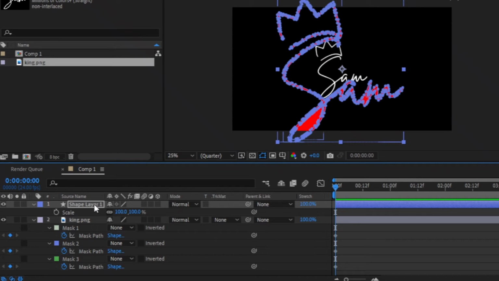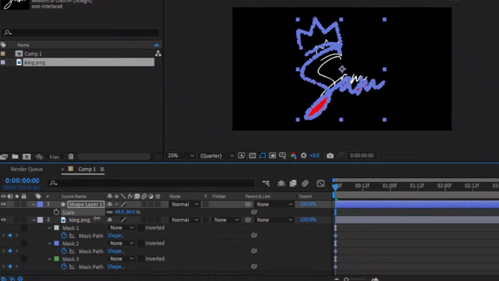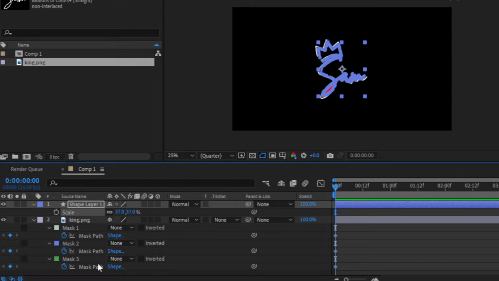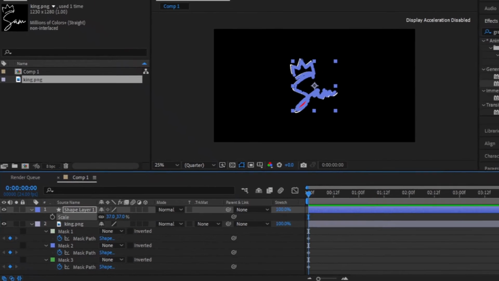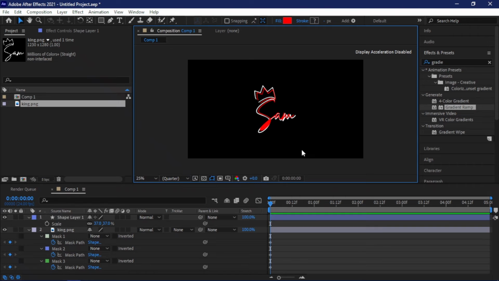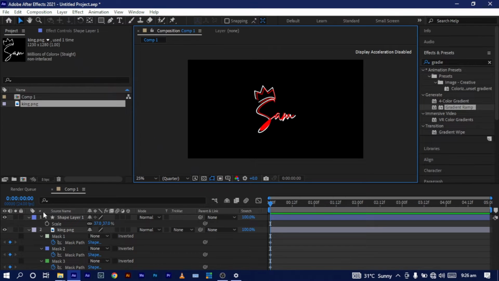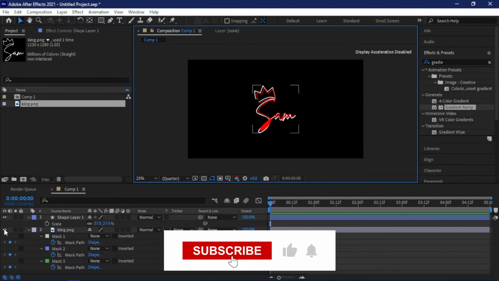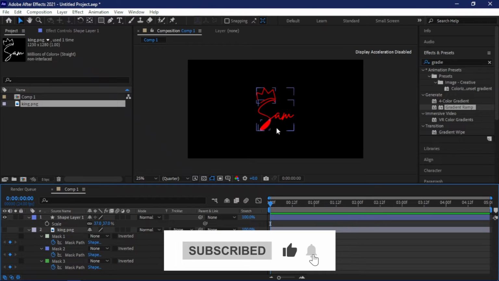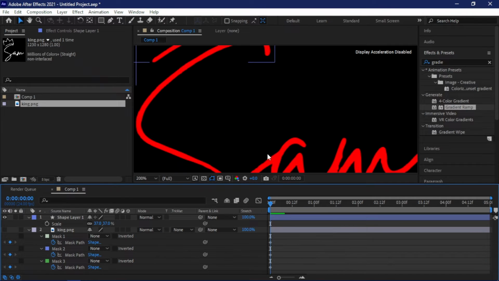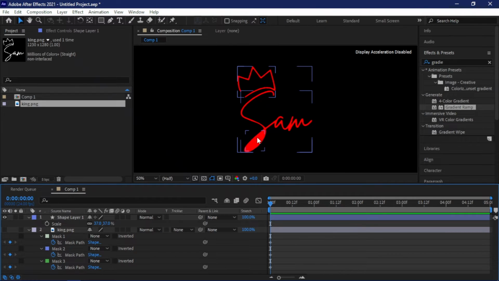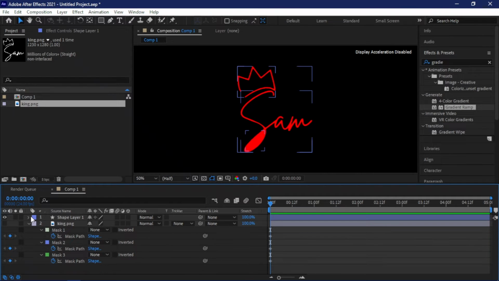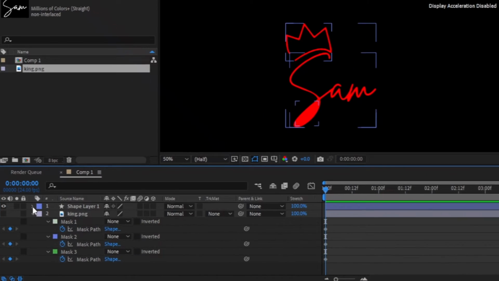Now let's scale it down a little bit. Okay, now let's see it. Okay, as you can see, let's shut off our bottom layer. As you can see, our Sam is showing, but this last layer here is a problem, so we're going to fix that soon. So same thing, let's go back here again, open it up,